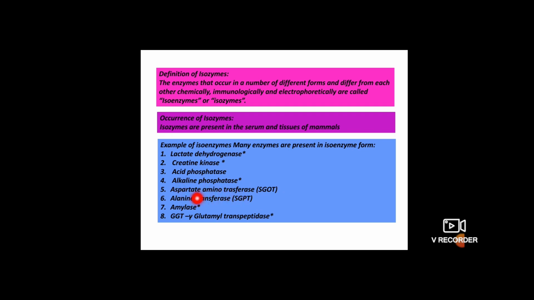We know very well how an enzyme got its name, either from the substrate or the product which is going to be produced, and the type of reaction it is going to act on. Based on that, it got its name. Aspartate means the substrate. Amino means the function, what the reaction is going to do. It is going to transfer the amino group. So transferase means the enzyme is going to transfer something. What is going to be transferred? The amino group. From which part? Aspartate. So that's why it got its name as aspartate aminotransferase.